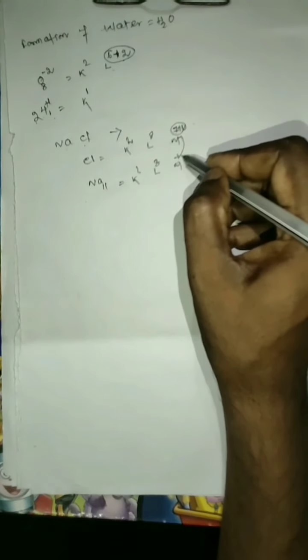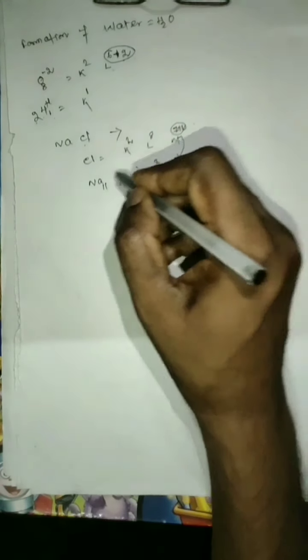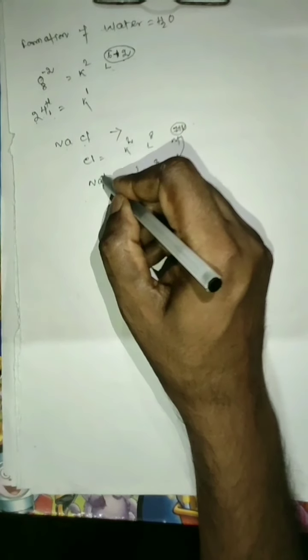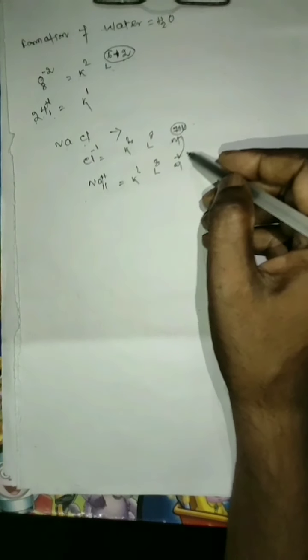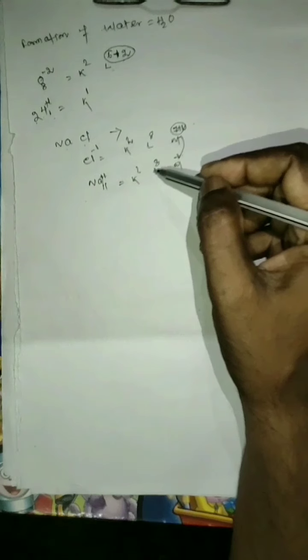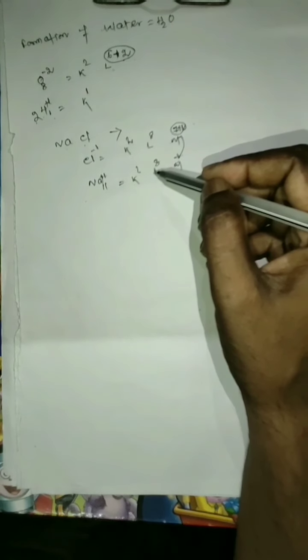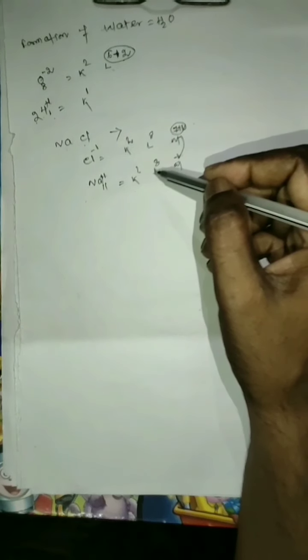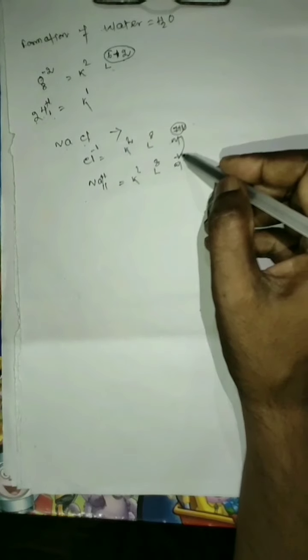This is the donor. After the donation of 1 electron, this became 8 electrons in the valence shell, this became minus 1. Plus 1, this minus 1. Sodium became plus 1, chlorine became minus 1, to form sodium chloride. So according to the definition, valence is nothing but how many electrons an element donates and how many electrons it accepts to achieve the nearest electronic configuration. This is known as valency.